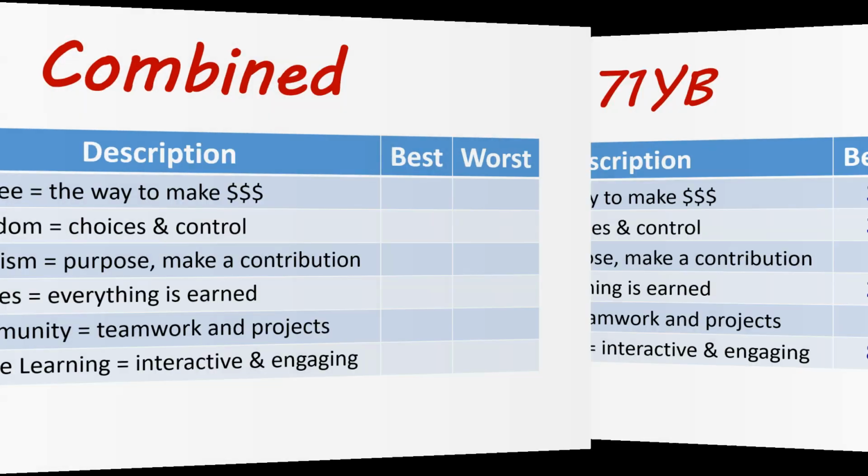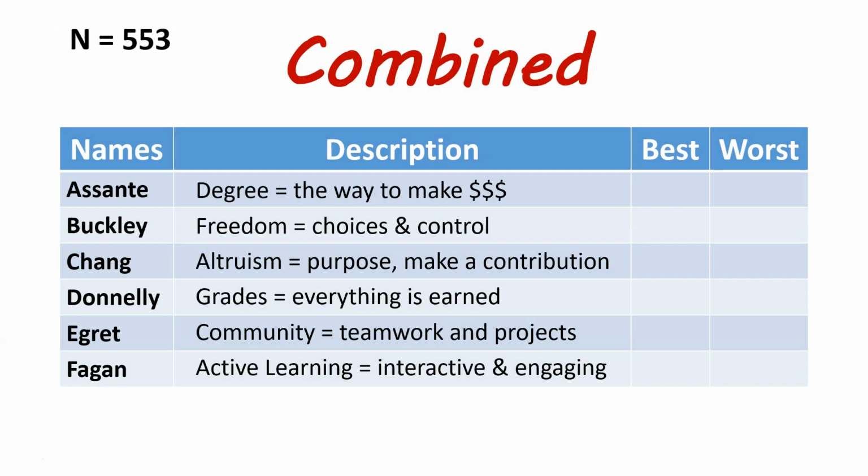Then I show them aggregate data that I've been collecting for years. And you see that my sample size is over 500 students. And I say, let's look at the overall numbers and what can we learn from this? Because to me, numbers speak. As QEP director for a while, I was a research analyst, and the numbers had to be interpreted. What can we learn from them? So using the numbers here,